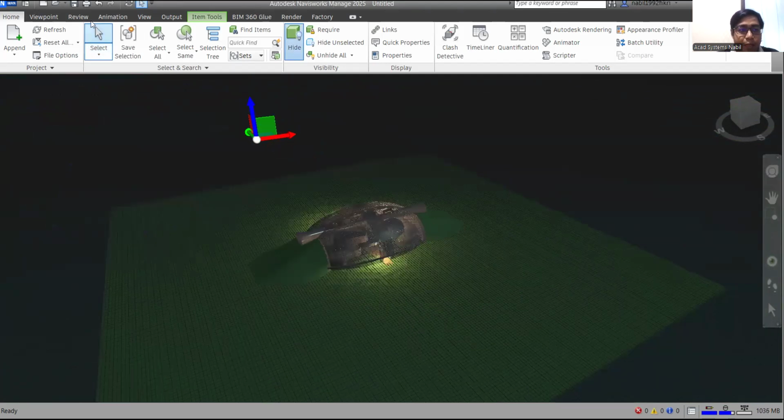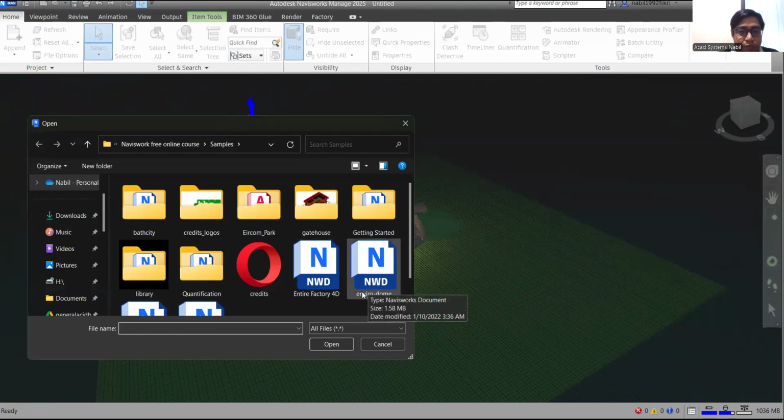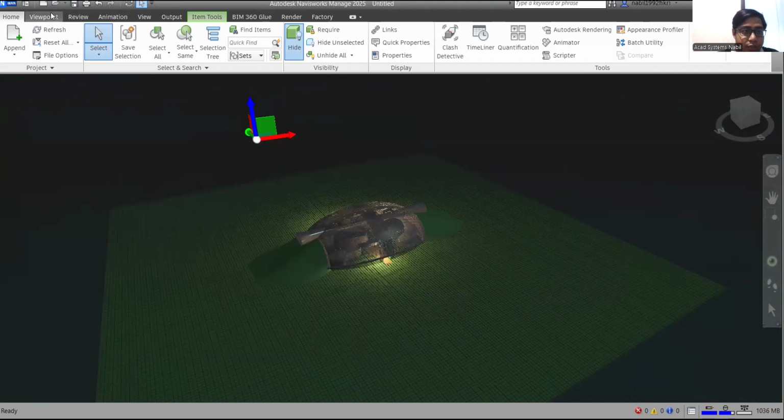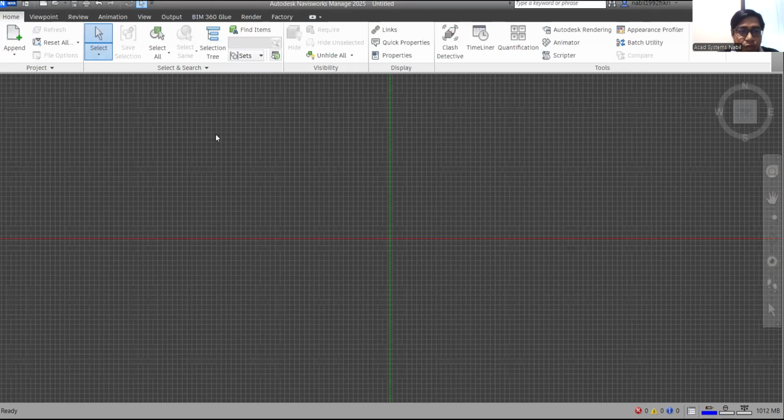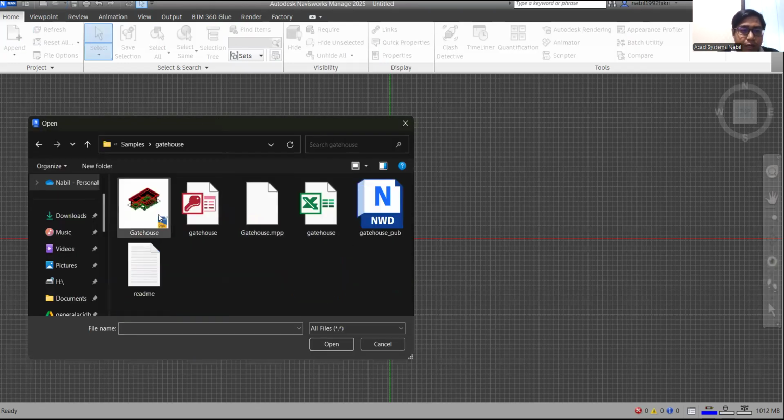Right. So currently I'm using the file which is already a Navisworks file. Let's say if I would like to add the non-Navisworks file, let me just close this one first. Click New. And I can start to open the file. And currently I would like to use the DWG file. Let's say this gatehouse from here. So I can open this